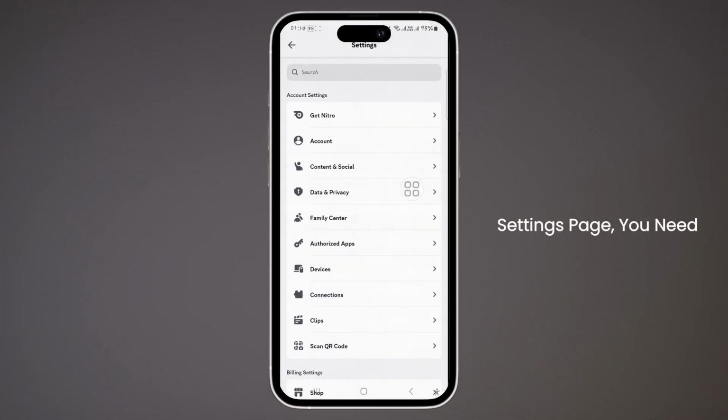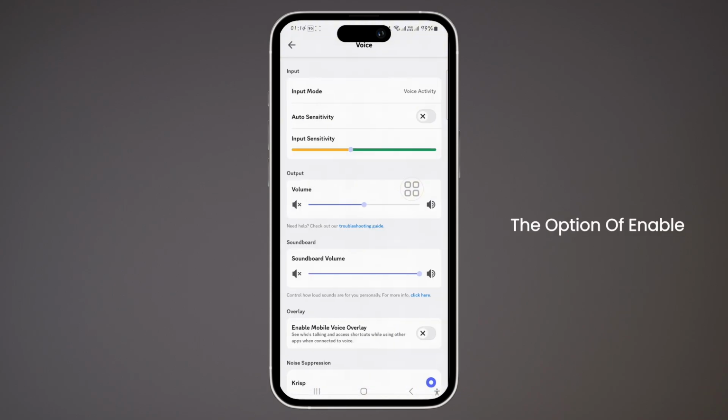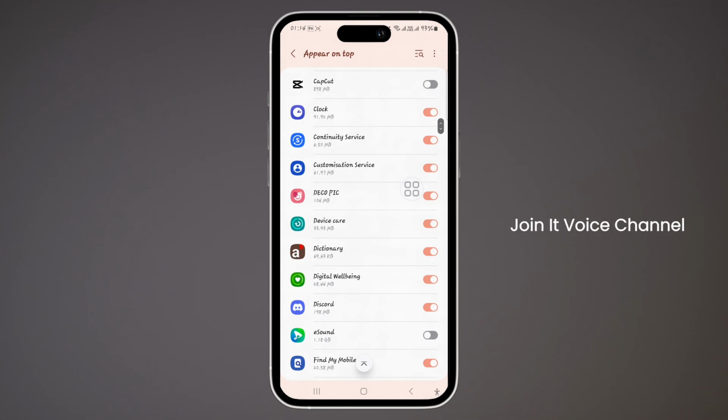Once you're in the settings page, you need to find the voice option, which is under app settings. Select voice. Now enable the enable mobile voice overlay switch. This lets you see who is talking and use shortcuts while using other apps. So go ahead and toggle this option to enable Discord and go back to your server and join a voice